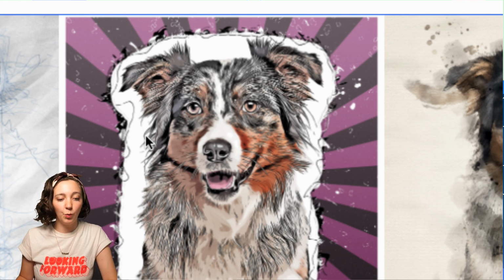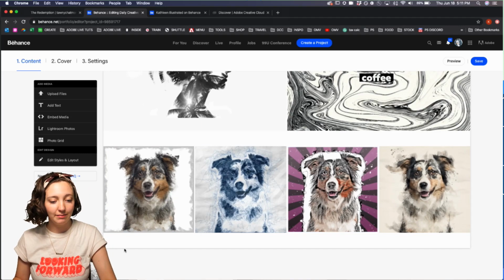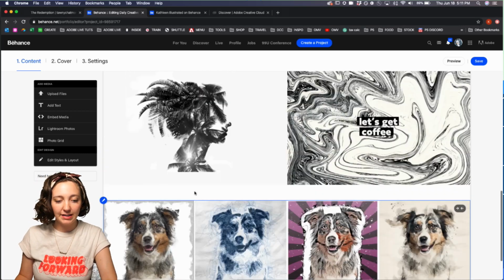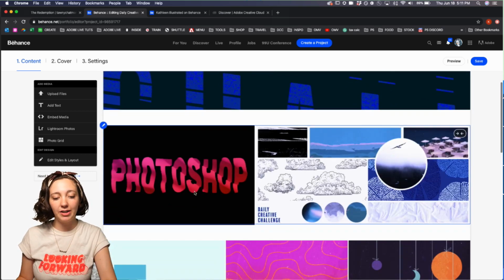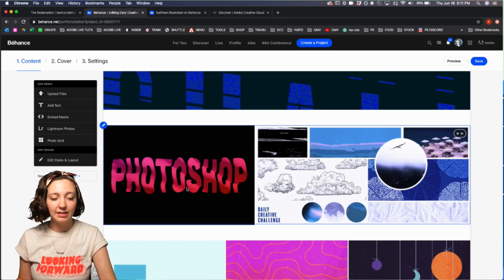So that's why there's this wide kind of white halo around him. It's not bad looking, but that's why. That's the difference. Okay, so one of my favorite ways to organize my projects is with photo grids, because you'll